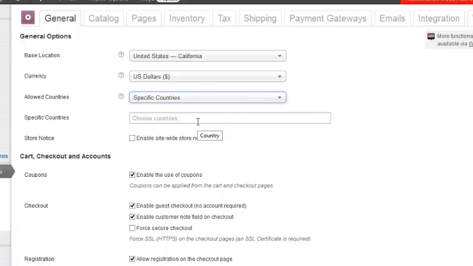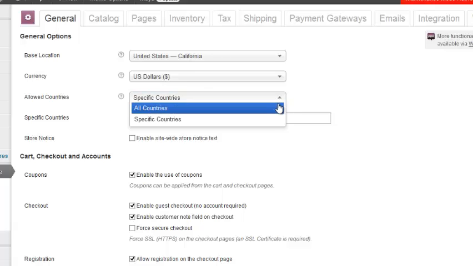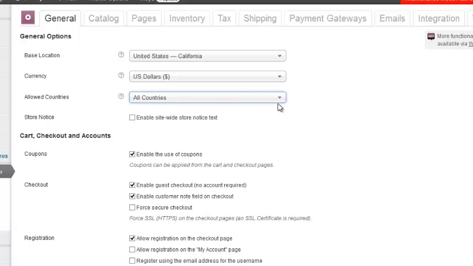There's just logistical reasons. You may not be willing to ship to every country in the world. And there could be legal reasons. In the U.S., there are export control laws and things like that in certain countries that U.S. entities can't ship to. So you really do have to think about that, and maybe not just leaving it as default. You probably want to think about that. Okay, so that's what I wanted to mention on the General Settings tab.